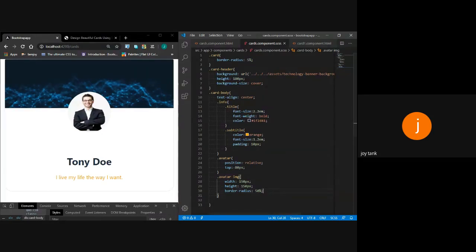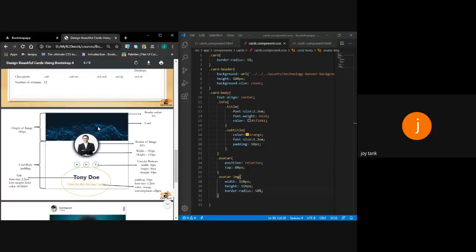Now I want my image to look something different, like the image should have a border with some value of solid, and then it should have a shadow within that image.